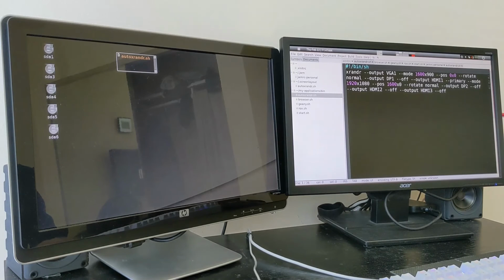It also specifies the others: HDMI2, for example, is off, and similarly HDMI3 is off. Basically what you need to do is put that in the path and make it executable, and then what you really need to do in Puppy Linux is put it in